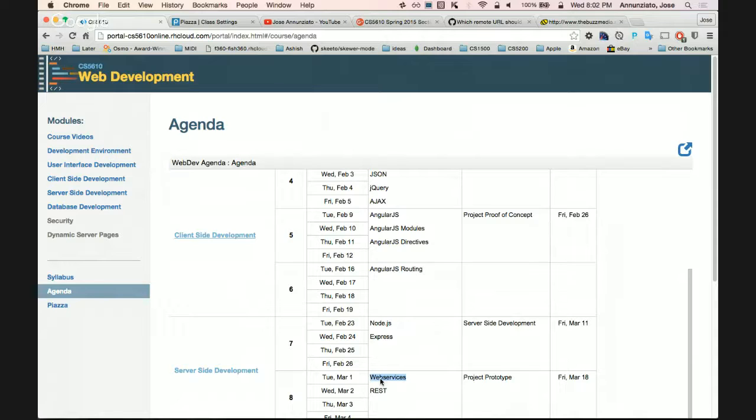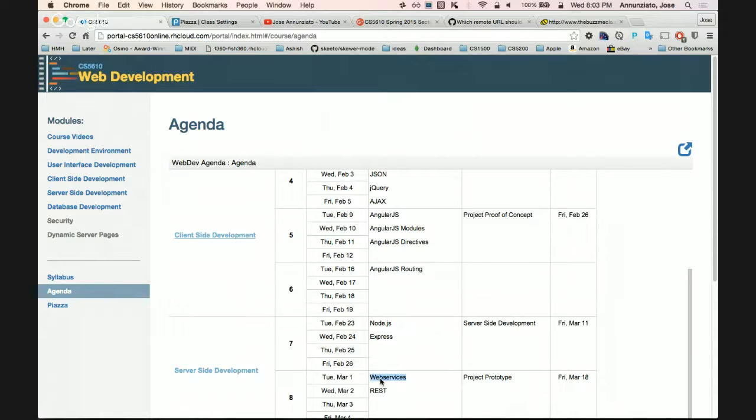Express allows us to very easily map a GET HTTP request to an existing function, and so it's very easy to create web services.